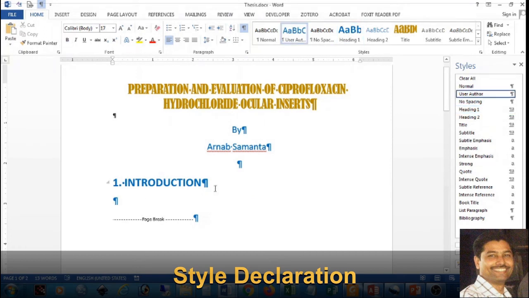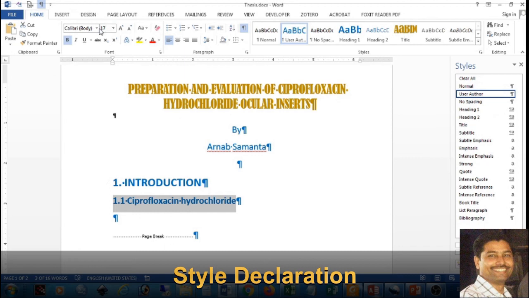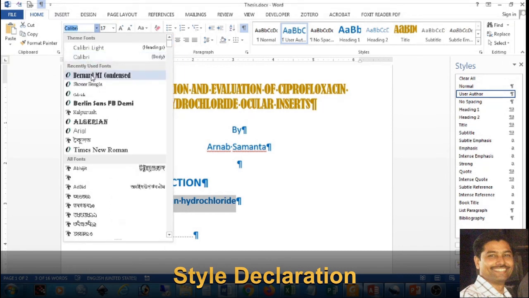Now like this I can create another second subheading, say 1.1. Under it, say we are writing ciprofloxacin hydrochloride. So about this drug we want to write. Now this one, the way that it is there, say we want to make it bold or change the font to some extent.